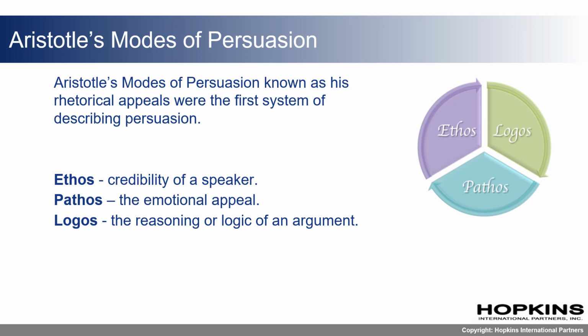Aristotle's theory of persuasion, also known as his rhetorical appeal, centers around the three appeals, namely 1. Logos. 2. Pathos. 3. Ethos. Ethos, logos, and pathos were Aristotle's three forms of rhetorical proof, meaning they were primary to his theories of persuasion. Ethos refers to the credibility of a speaker and includes three dimensions: competence, trustworthiness, and dynamism. Logos refers to the reasoning or logic of an argument. Pathos refers to emotional appeals.